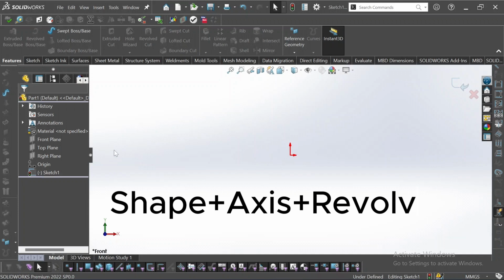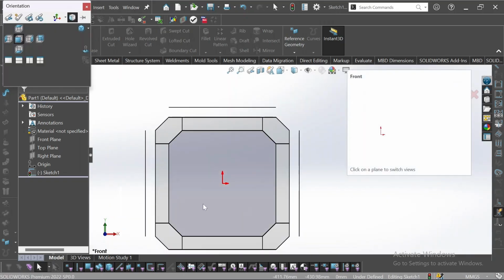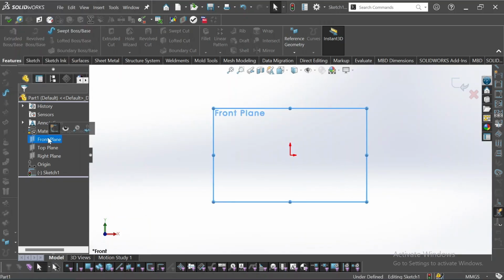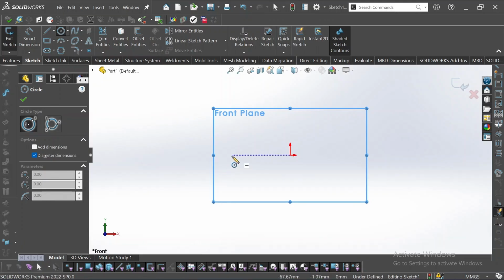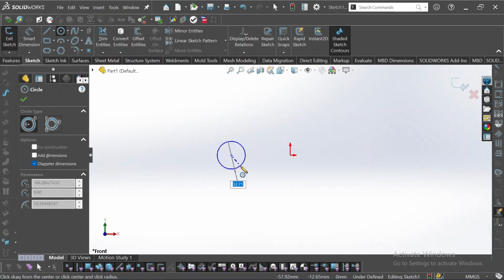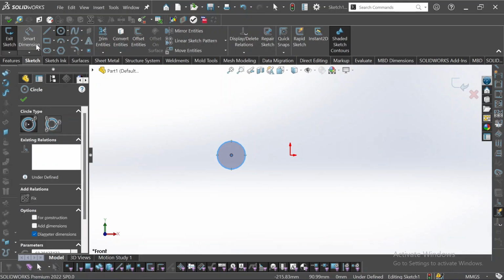So let me quickly show an example of what I mean. Let's select the front plane. We select sketch, come to sketch. Let's say we draw a circle at this point here,